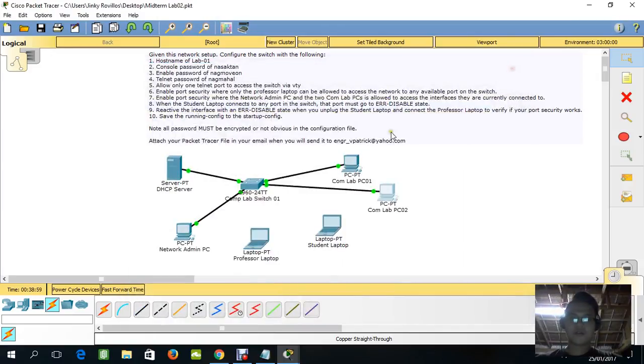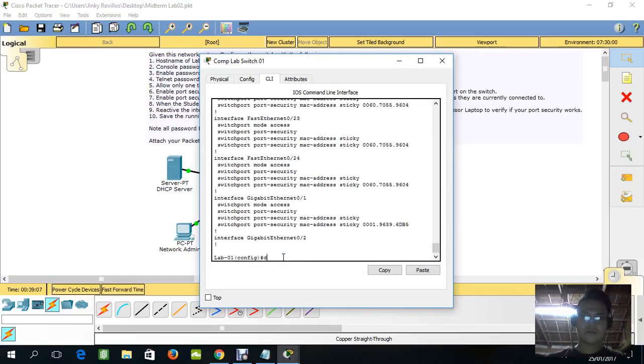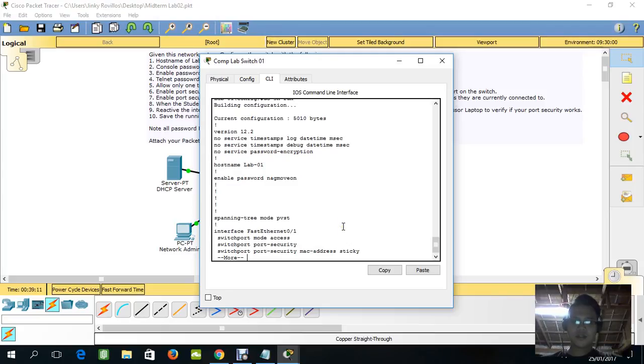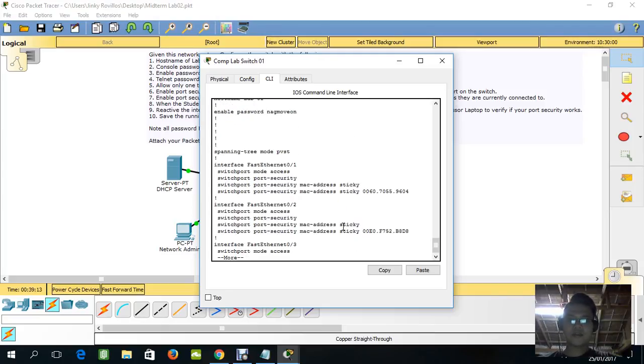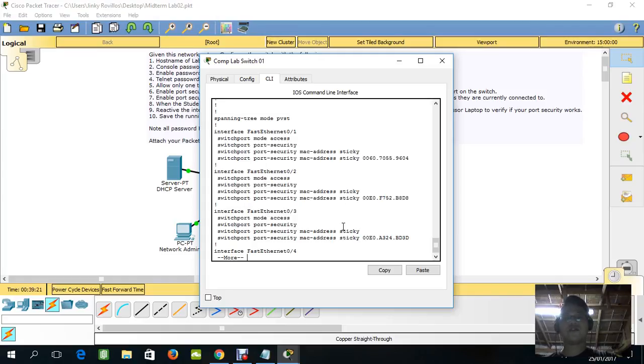So we're going to check if it's working. As you can see here, Ethernet 0/2 for PC1 has a sticky MAC address, and then 0/3 as well.